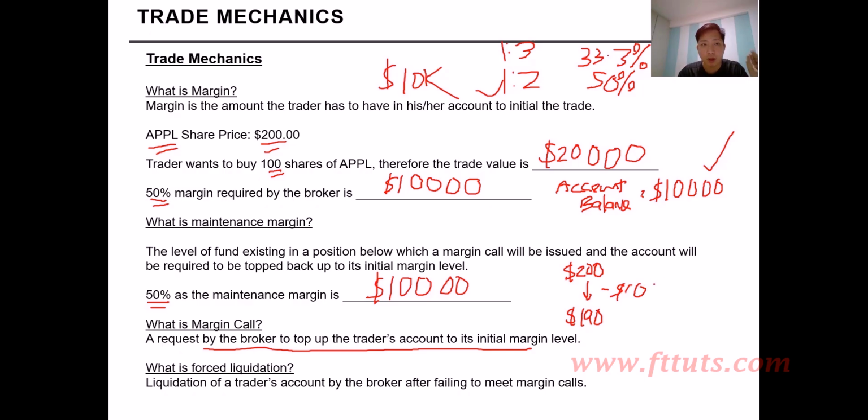And because you have 100 shares, that will mean that you are losing how much? $1,000. So your account balance will go down from $10,000 minus $1,000. Your account balance will drop to $9,000 because the Apple share price dropped $200 to $190, dropped by $10. It means your account will have a drawdown of $1,000 and your account balance will be left